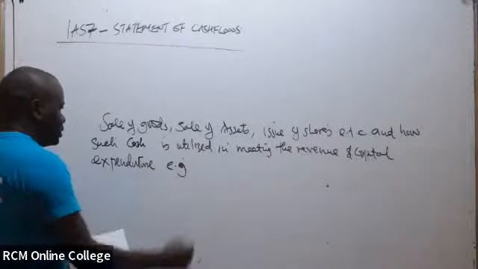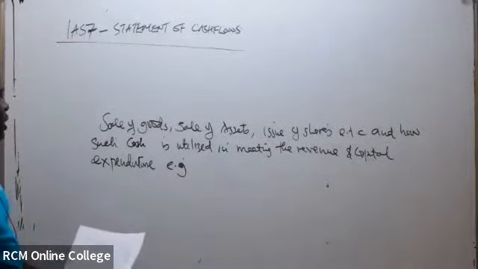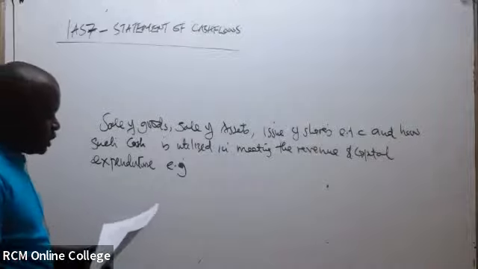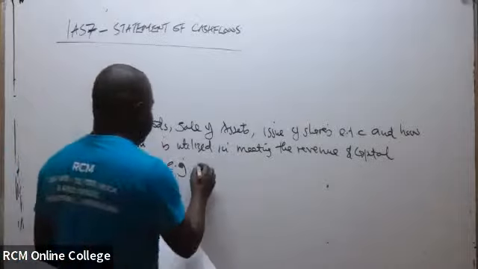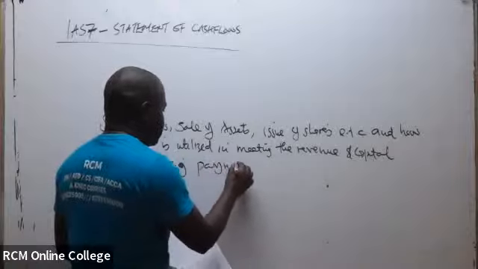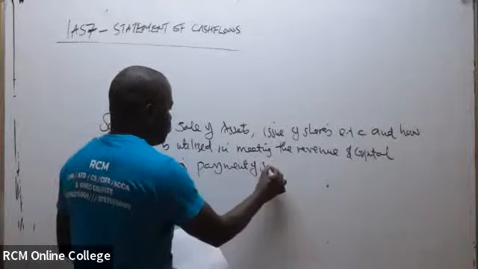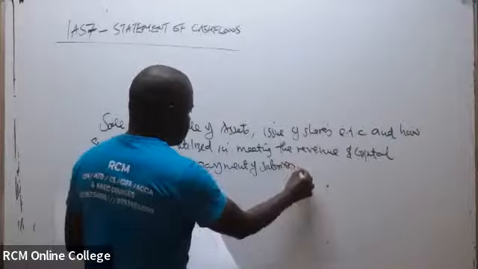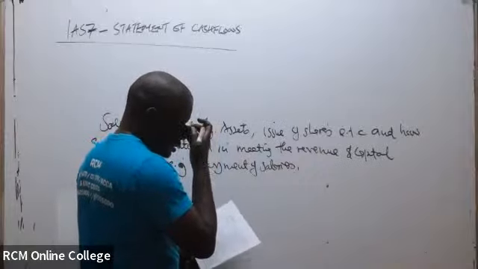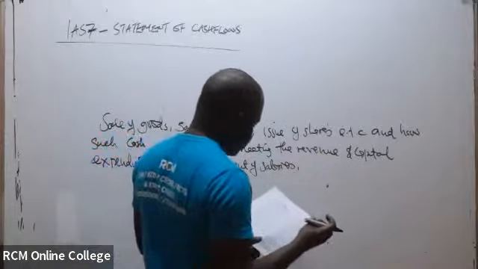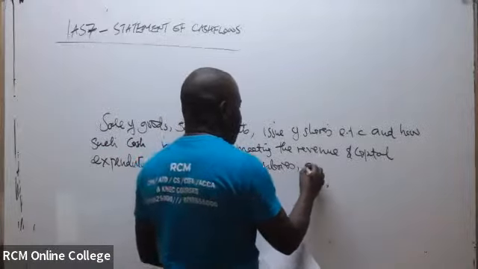Some of the expenses here, and of course some of the revenue and capital expenditure, can include, for example, payment of salaries, acquisition of assets,